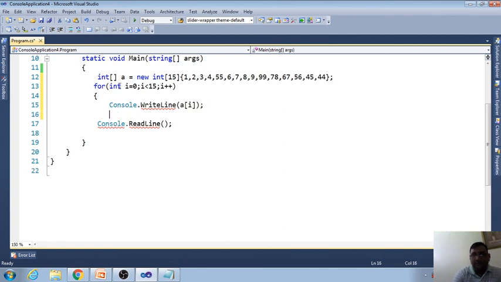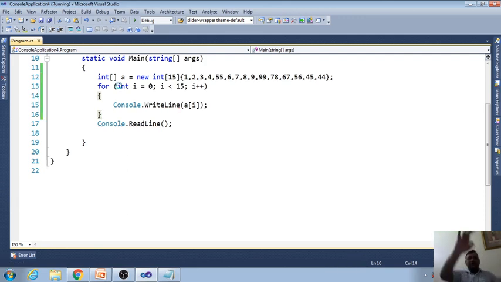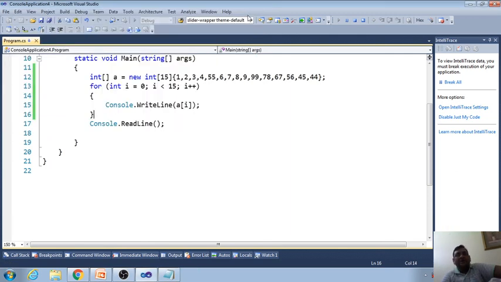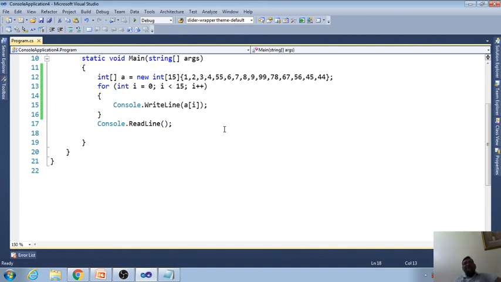Close it. If you run this program, you will find all the values are available here: 1, 2, 3, 4, 5, 6, 7, 8. So this is one example of how to print the whole array at once.